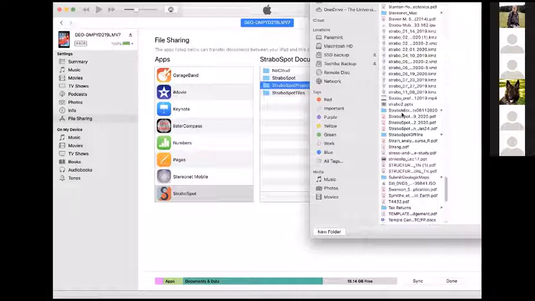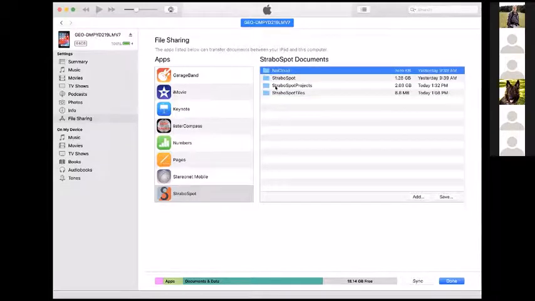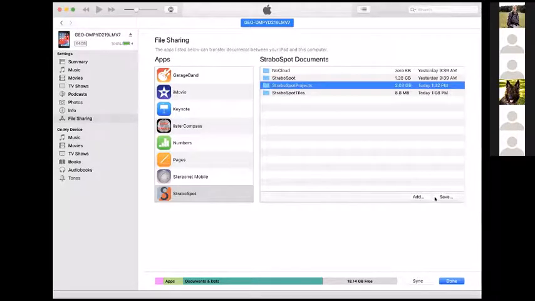I don't have one here handy, but anyway, the point is you can go in and upload them as well. So this is what the backup is. If you're worried and you're in the field, you can just select the projects and save it to your device. Again, if you're using the Android version, this is a lot easier because you can just do it from the Android file system.